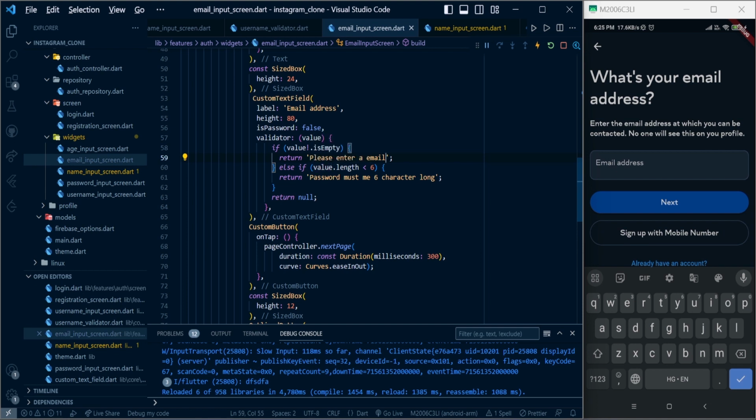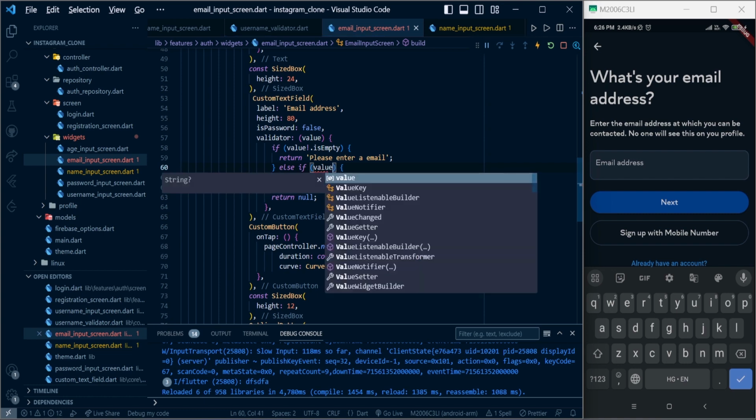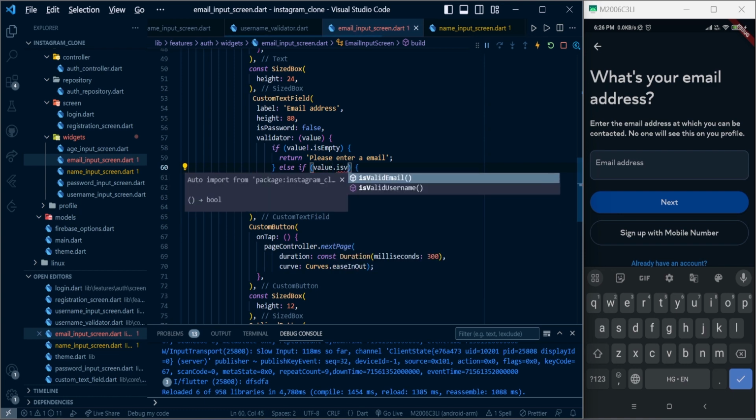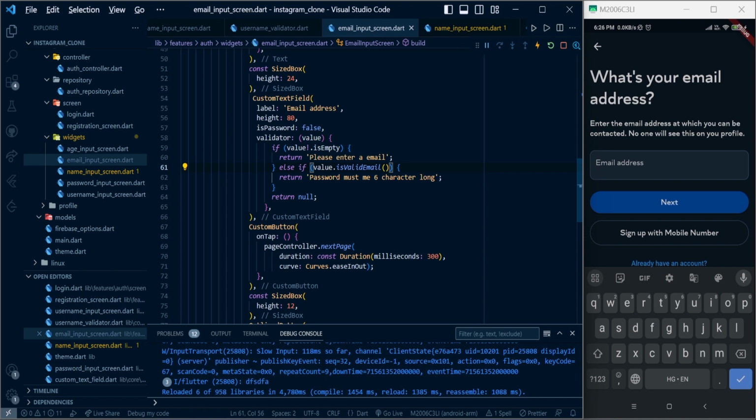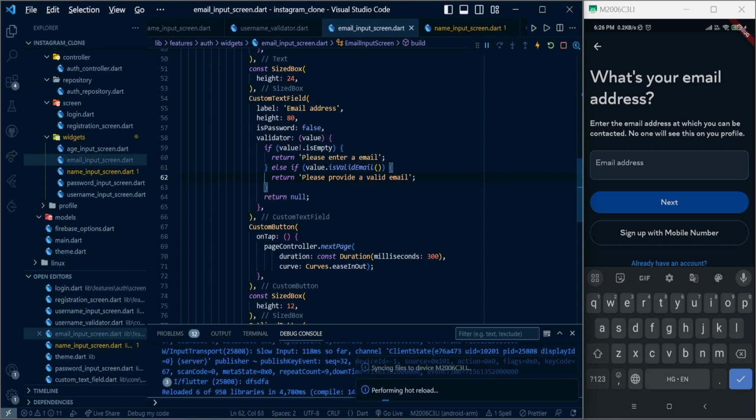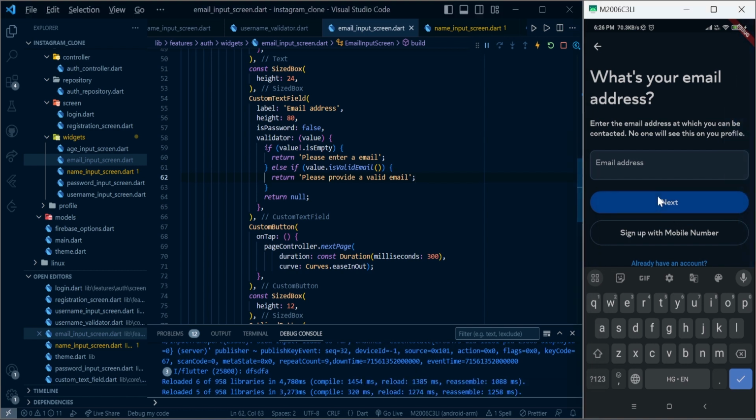And under the email input screen, where it says please enter an email, we can return value dot is valid email, and we can show the message please provide a valid email. We can write like this, and let's save this much. And if I click on next,